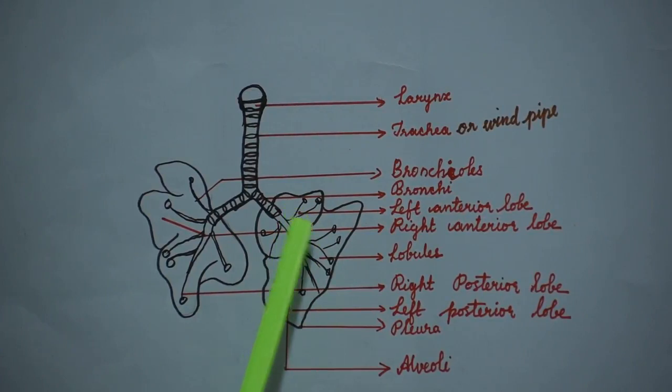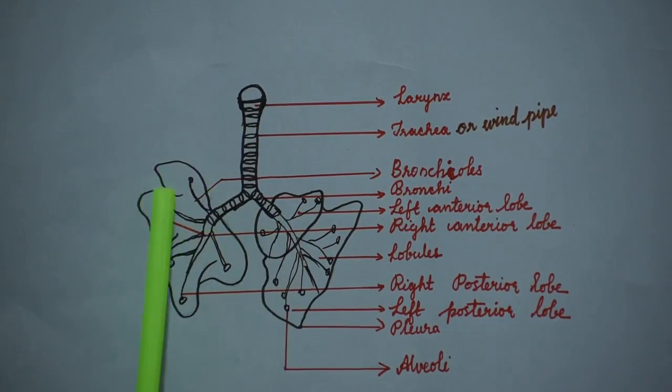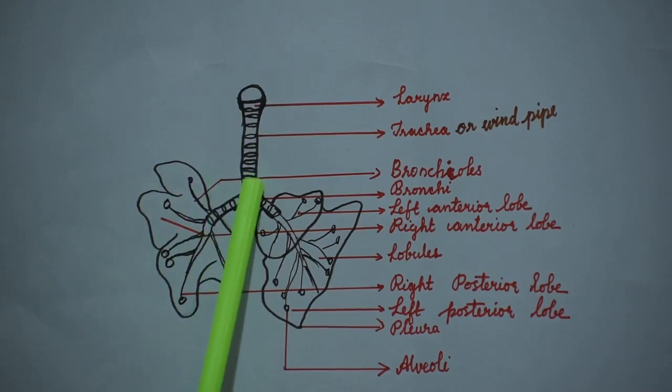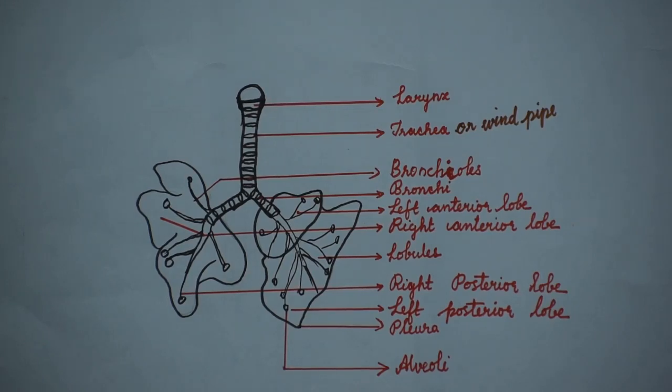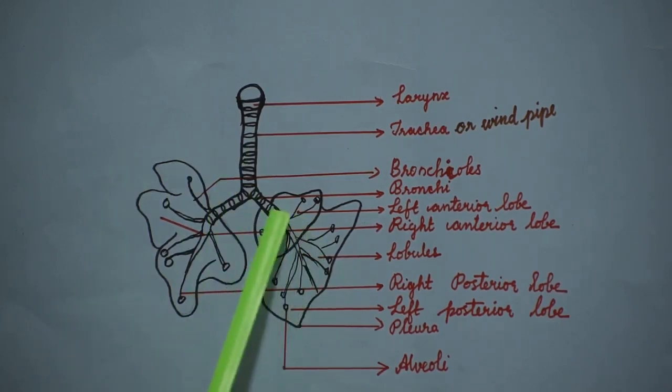The thoracic cavity is bound ventrally by the sternum, dorsally by the vertebral column, and on the lateral sides by ribs. That means, we know in human beings also it is the same. Dorsally means backbone, ventrally means sternum. Sternum is a flat bone connected with the lateral side ribs. Have you understood?